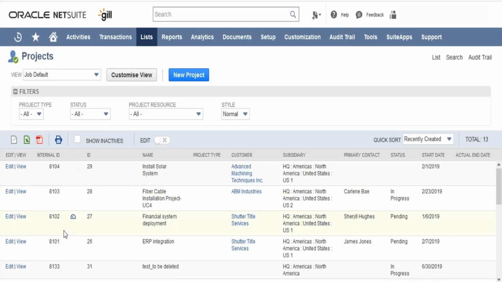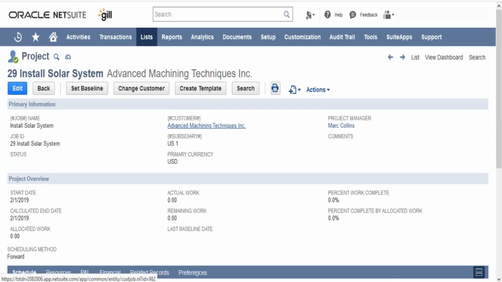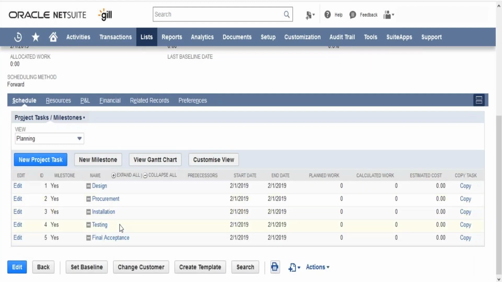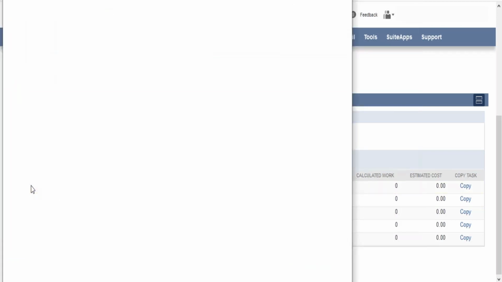Here we have all the projects, and if I click on a particular project, let's say install solar system, on the project you can define, in case this project is related to a particular customer, the customer, who is the project manager, and so on. Under schedule you will define all the tasks that need to be performed. It will have design, procurement, installation. If you want to edit it, you can do that, and you can define the start date, end date, and everything. Okay, so if I click on edit,